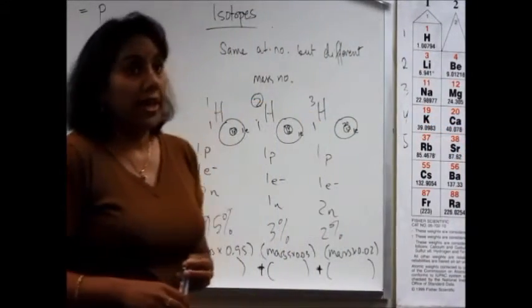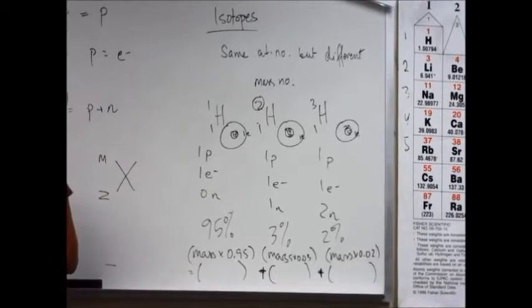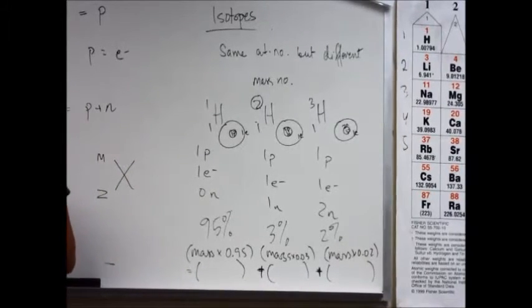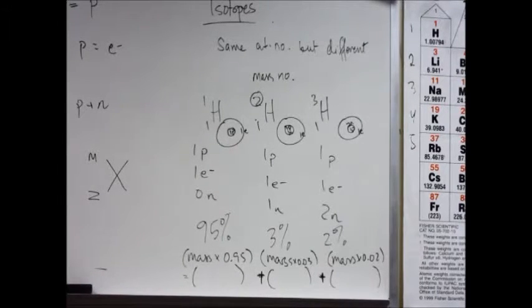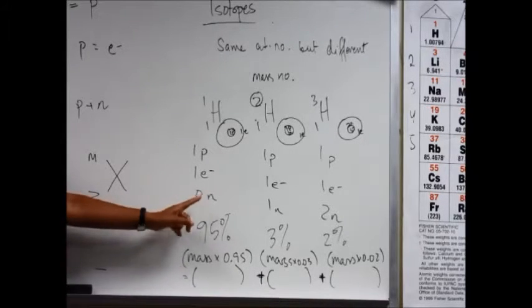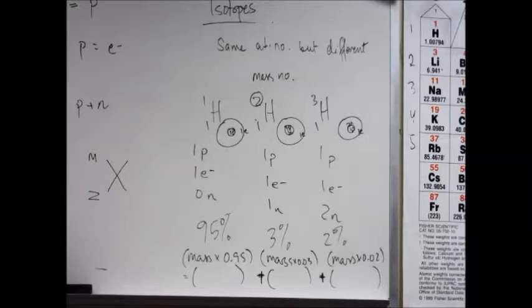Okay? By the way, I will tell you, hydrogen is a very special element. It's a very special element because it's the first element. It is also the lightest element. And there's one other unique quality in that it does not have a neutron. It does not have a neutron. Okay, so it's a very different kind of an element.